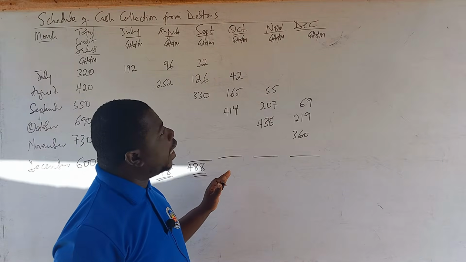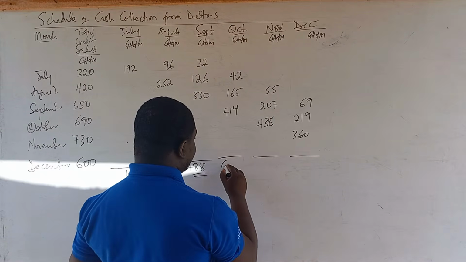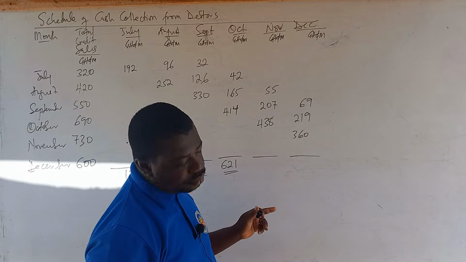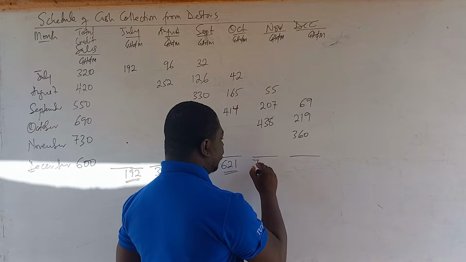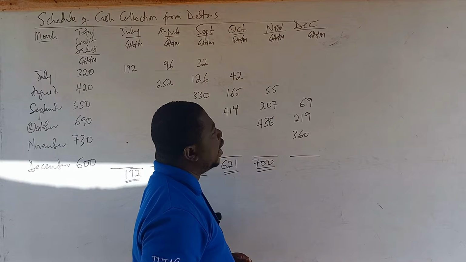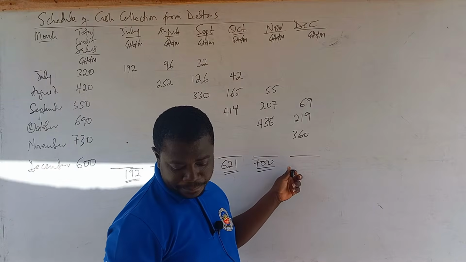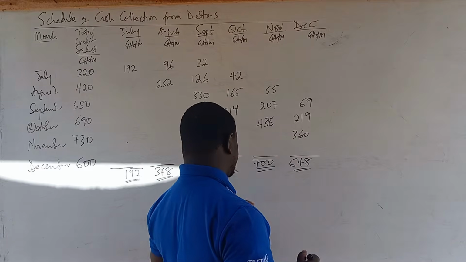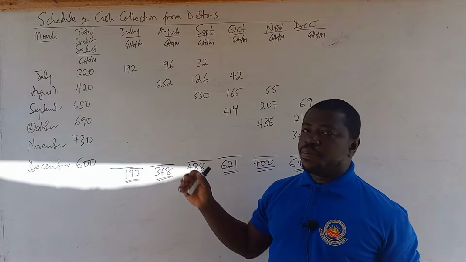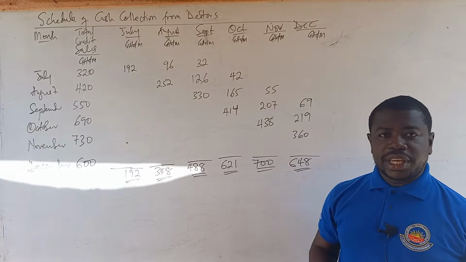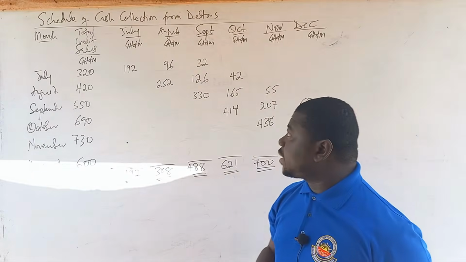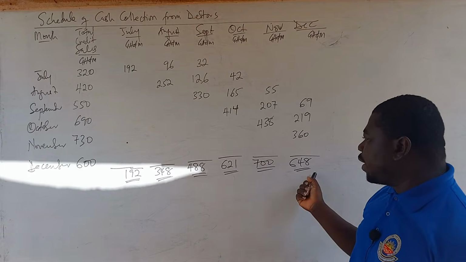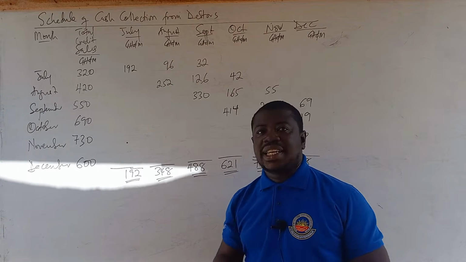And then that for October is going to be 621 million. And then we move to November. November is going to be 700 million in total. And then finally for December, we have 648 million. So ladies and gentlemen, this is how to prepare the schedule of cash collection from debtors. And so when we are preparing the cash budget itself, remember that is from October to December. So you are going to pick these three figures and then we are going to send them as cash receipts